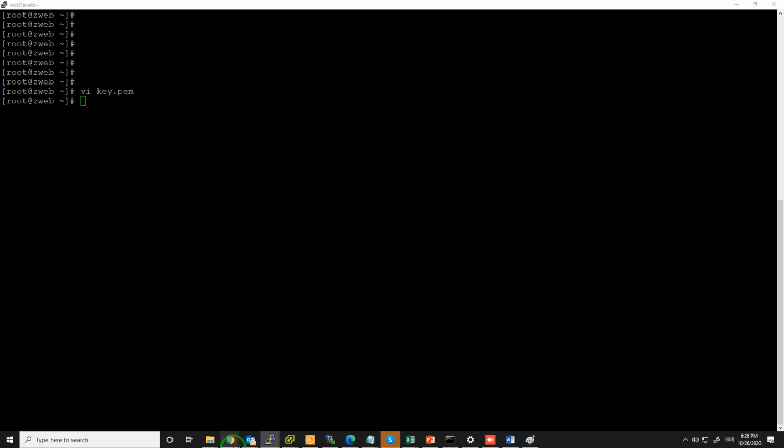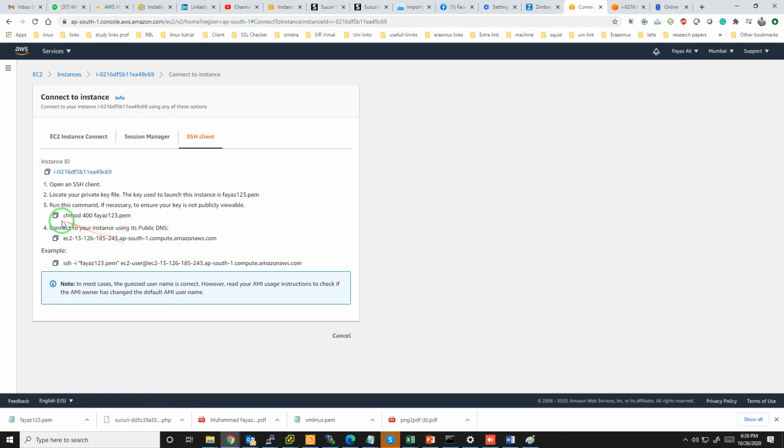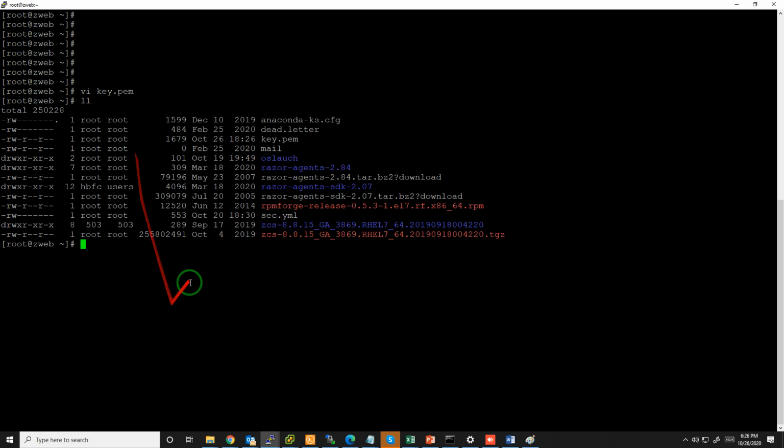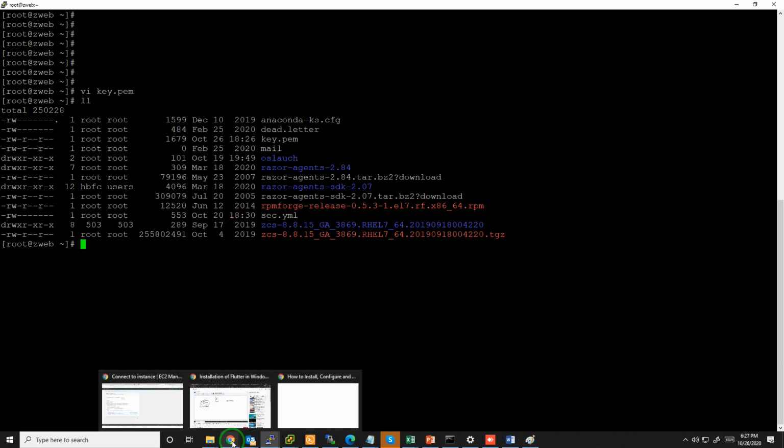Now you have to change the file permission. The command is here. Right now the file has the permissions of my machine. We have to change it as per the requirement of AWS.